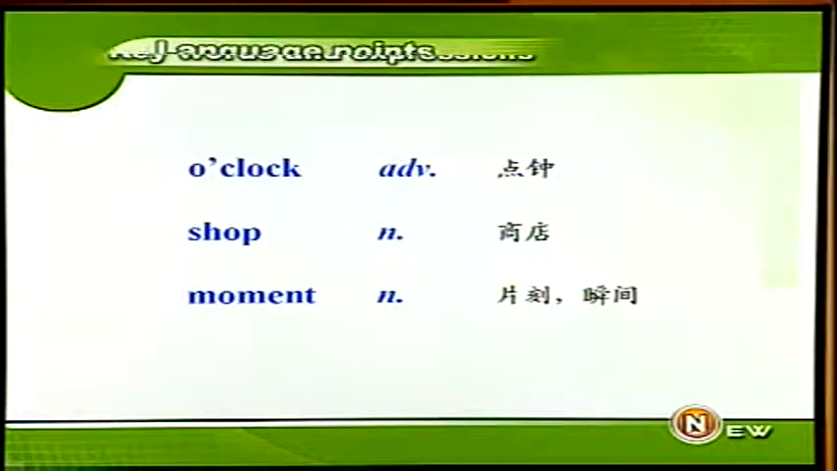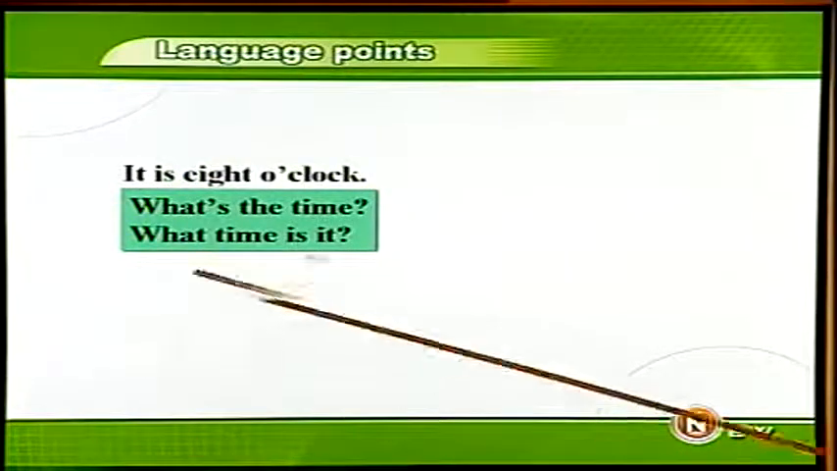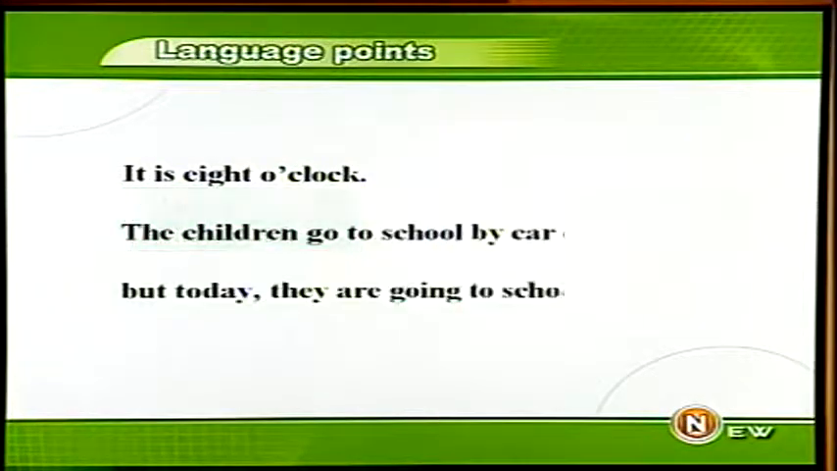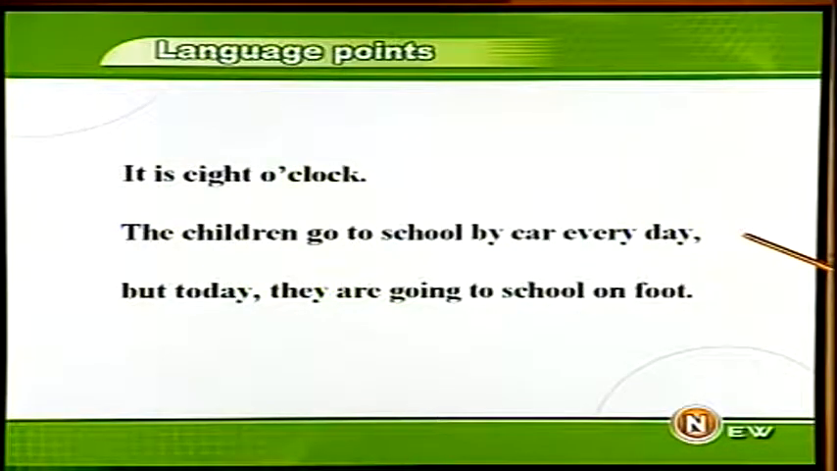一起来看本课中的主要语言点。It is 8 o'clock. 现在是8点钟。那么如果你想知道现在是几点钟，你怎么来问呢？What's the time? 或者是 What time is it? 这句话中的 8可以替换成其他的数词，比如说现在1点钟 It's 1 o'clock. 现在2点钟 It's 2 o'clock. 好，来看看8点钟的时候，孩子们在做什么。The children go to school by car every day, but today they are going to school